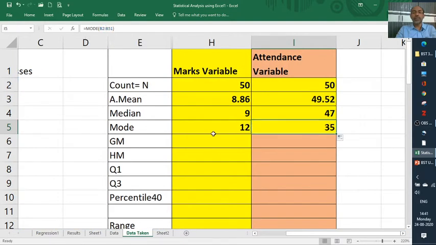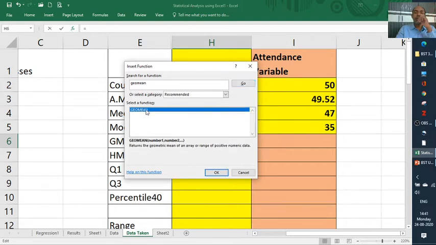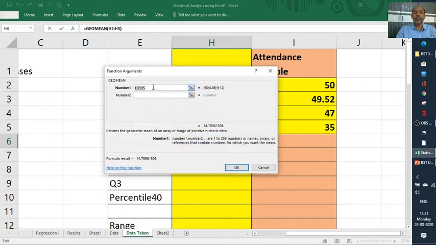Then we'll go to the geometric mean. Geometric mean is the function called GEOMEAN. Okay, geomean is a function. The same way we have to put the data, A2 to A51.